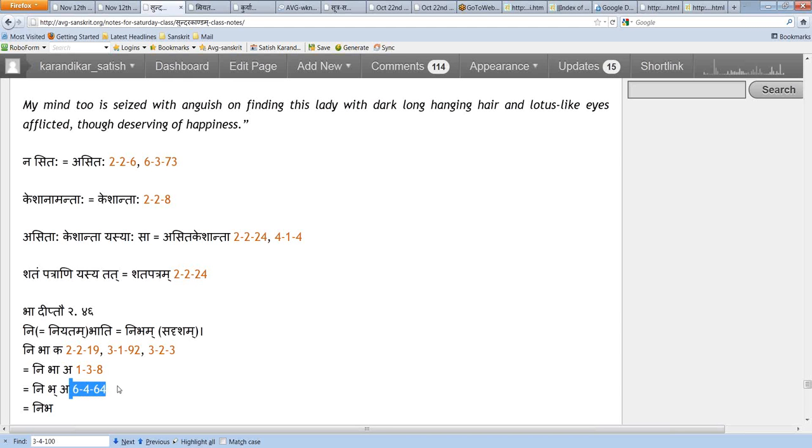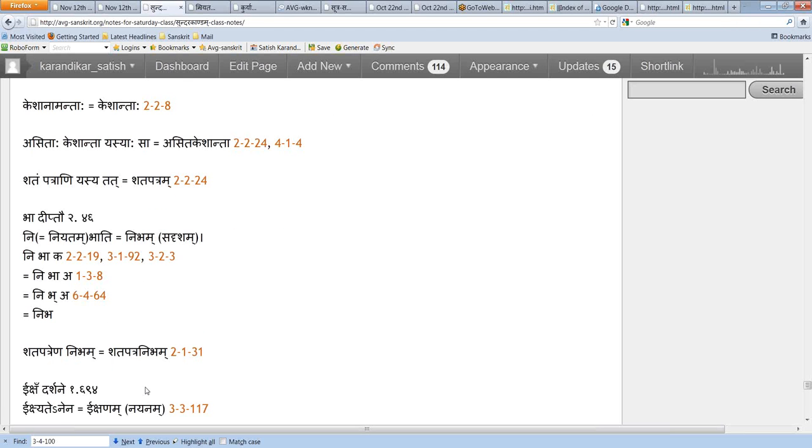Then ato lopa iti cha. Adantangasya lopa bhavati kiniti ajadau ardhadhatuke pratyaye parataha. When the pratyaya following is a kit or nit pratyaya, ajadi kitnit. In this case we have pratyaya ka, anubandha lopa, which is ajadi kitnit pratyaya, sanya of ardhadhatukam, of course, because of ardhadhatukam sheshaha. We get nibha, an adjective which